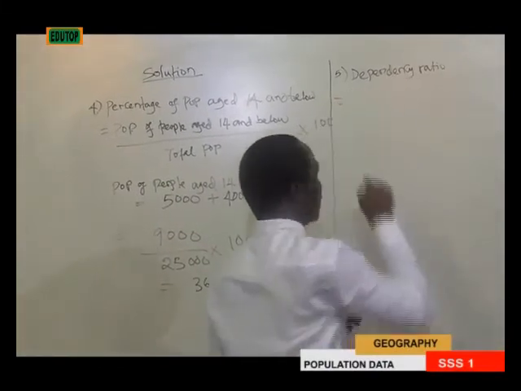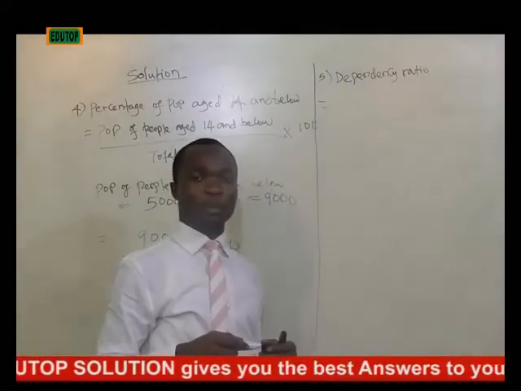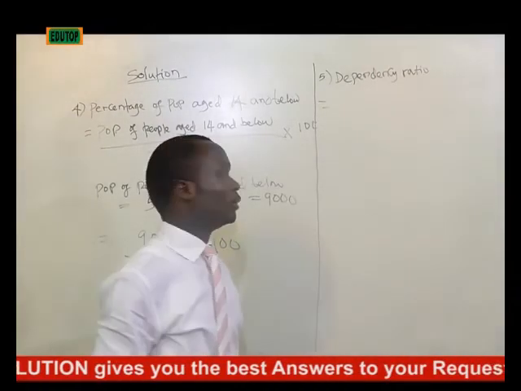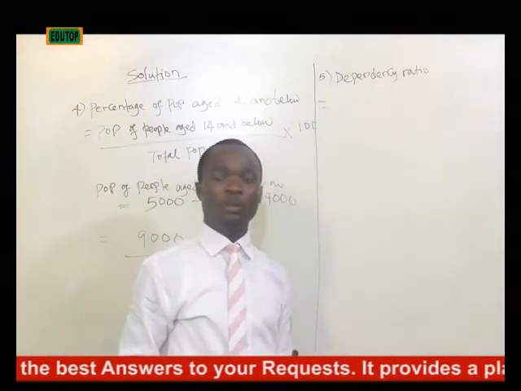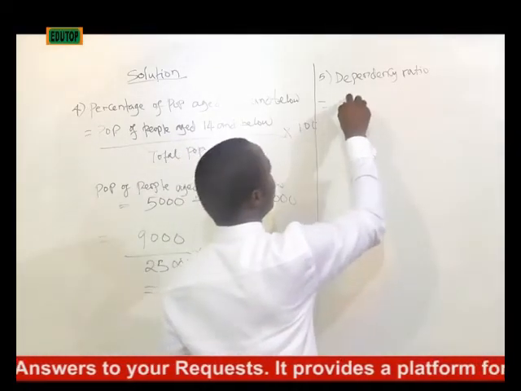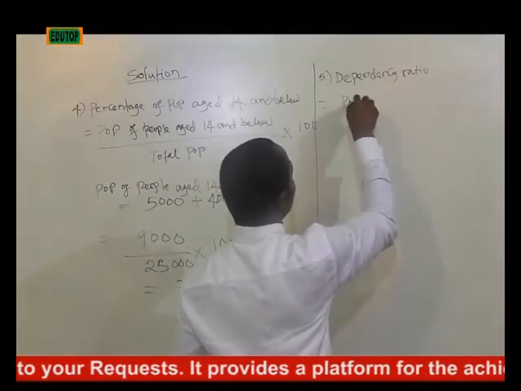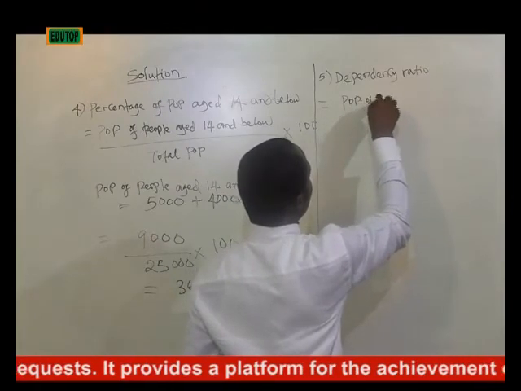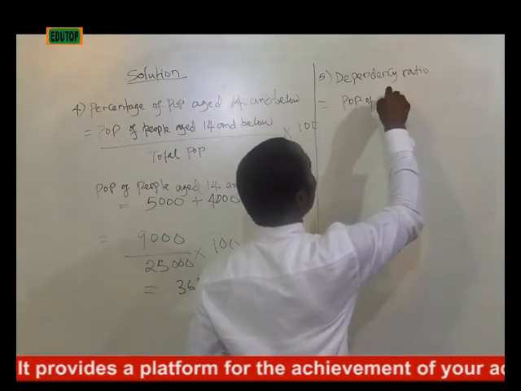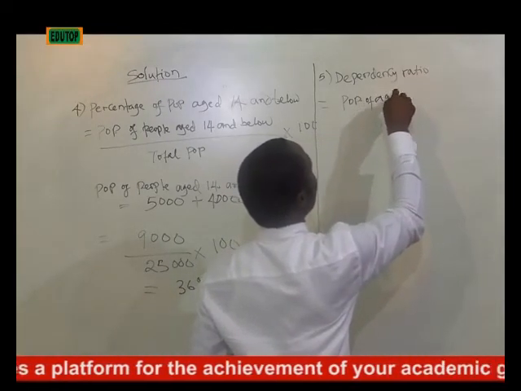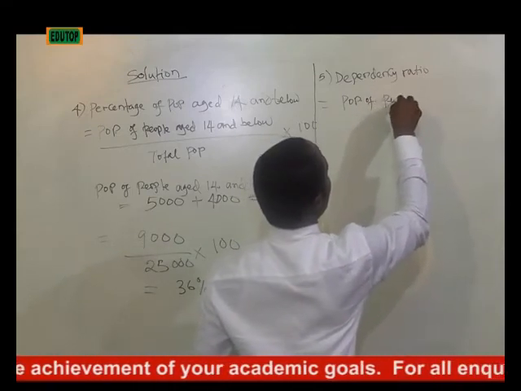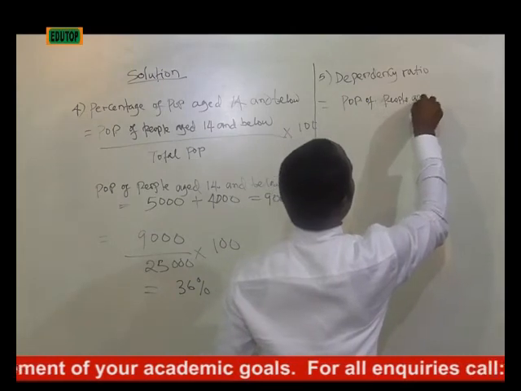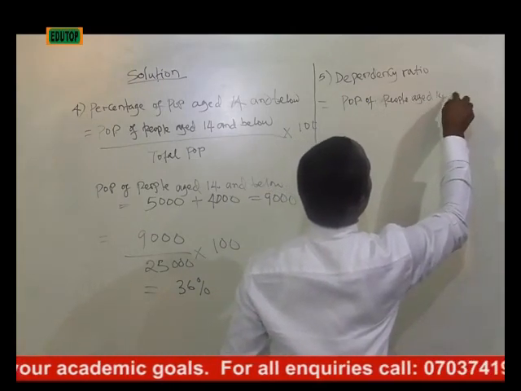And that's usually given as the population of people aged 14 years and below